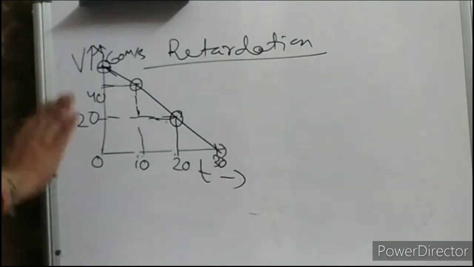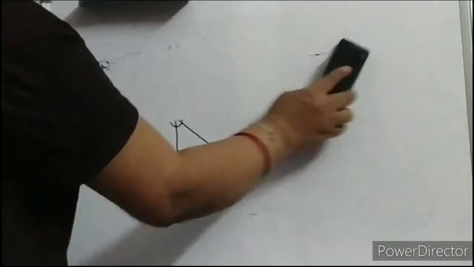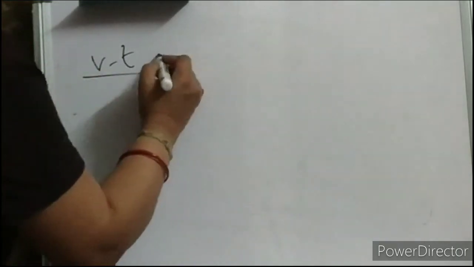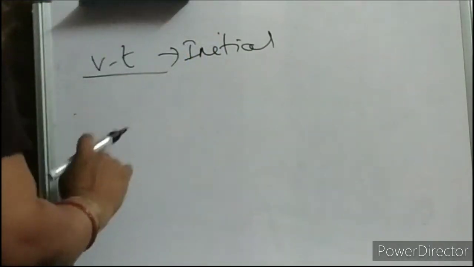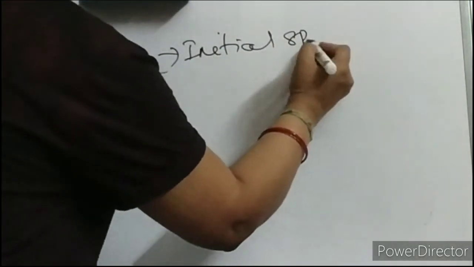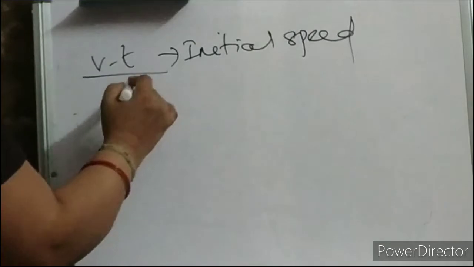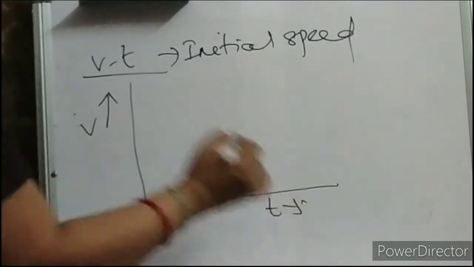Clear? So here what we have discussed till now is the case of acceleration and retardation, that means when speed is increasing uniformly or speed is decreasing also uniformly. Now let us see the same VT graph, but there has to be some initial speed. In the first case we have seen it starting from rest, that means initial speed is 0. Here it has got some initial speed, and it is uniformly increasing. Then what is the VT graph? Tell me, what will be the VT graph, children?